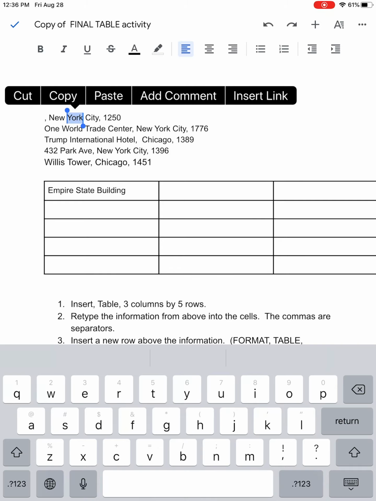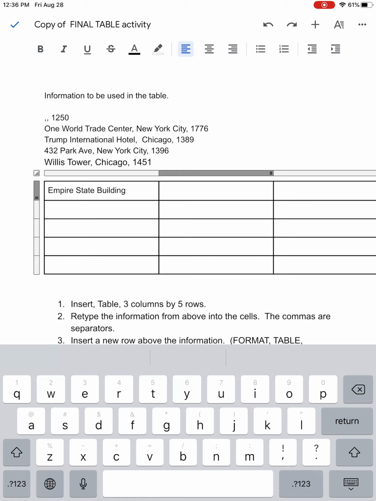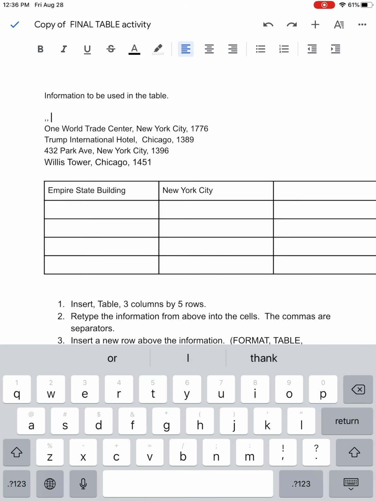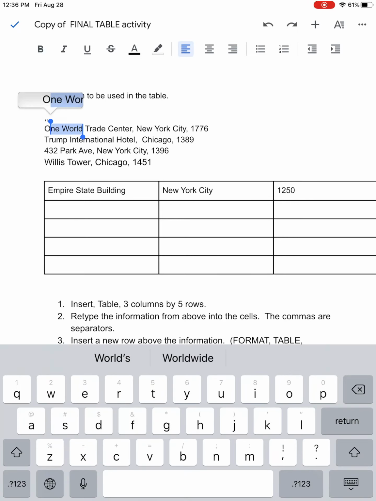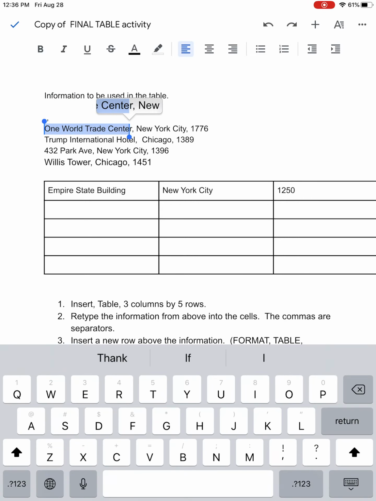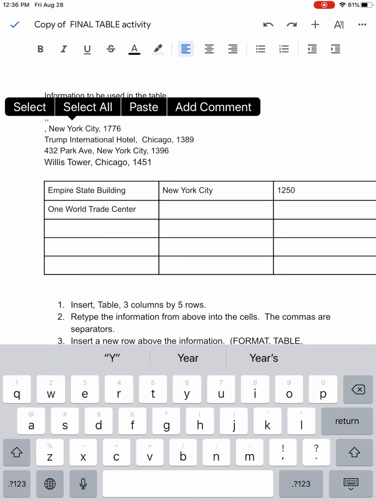New York City, select, cut. You can do copy as well if you want to keep the words there, that's fine. And select, cut, paste. And then the next one, One World Trade Center, select, you go down to row 2 of the table, paste,